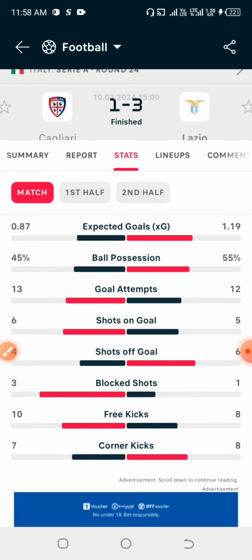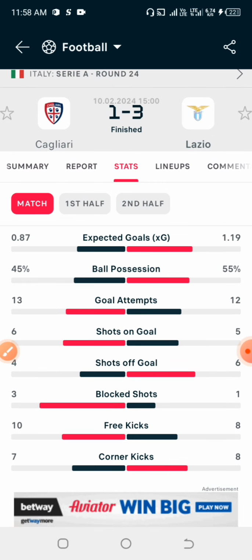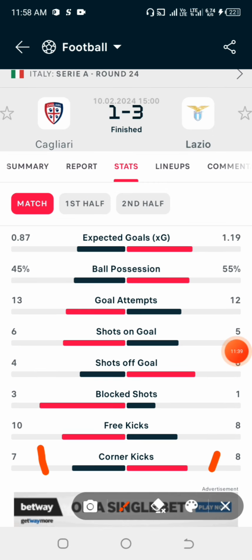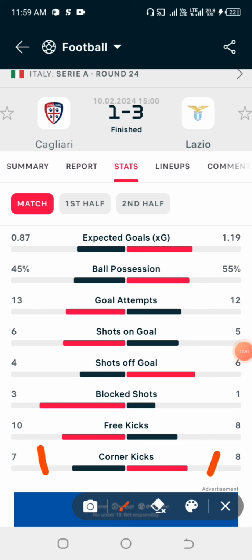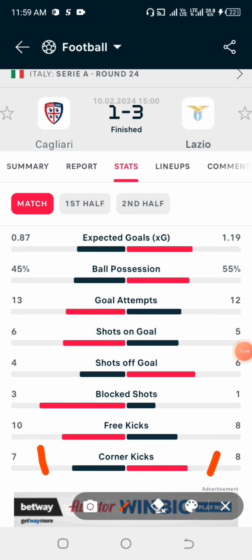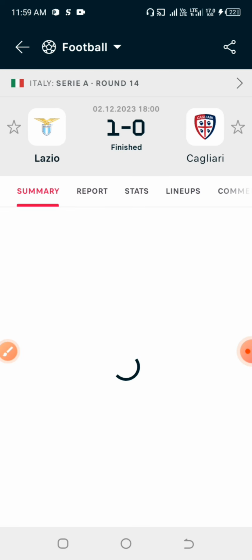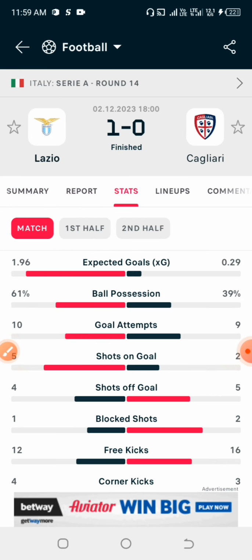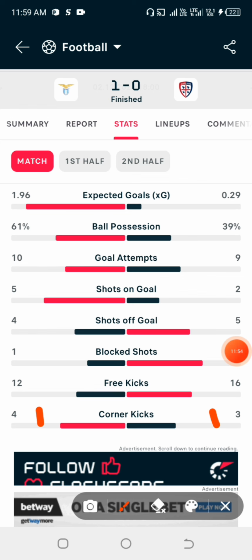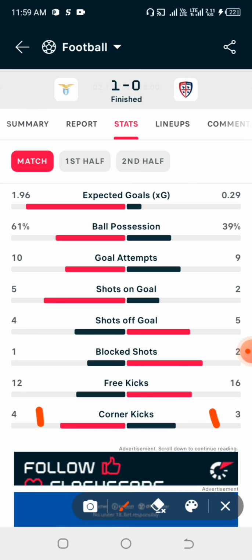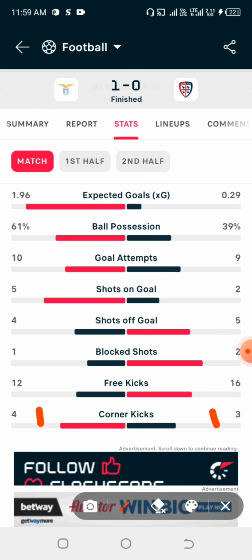So now, looking at the previous games they had against each other, you can see that they had 7 corners here and 8 corners here. Okay, so that's 15. And looking at the next one, we have a total of 7 corners. So I think probably the reason why I was able to skip this particular game that ended up as 5 corners was because of the corners in the previous games they had there. And okay, we have 4 and 3, which is 7.